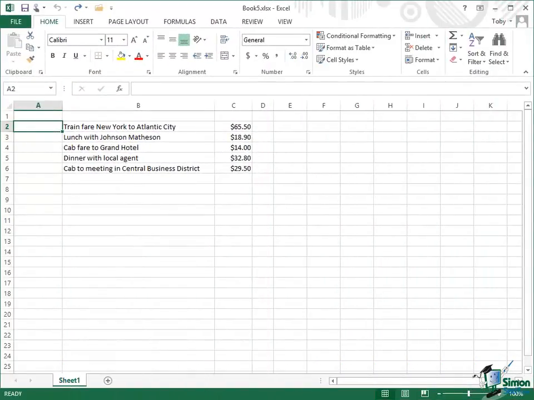Now, the entry and editing of dates in Excel 2013 demonstrates a couple of very useful fundamental things, and I want to spend a little bit of time on dates in this section. The first thing it demonstrates is that if you type part of a date into a cell, I'm actually going to use the cell A2, so this is the date for the first expense in the list. What Excel thinks I've done will to some extent depend on the local setup of your device. Now I'm going to type